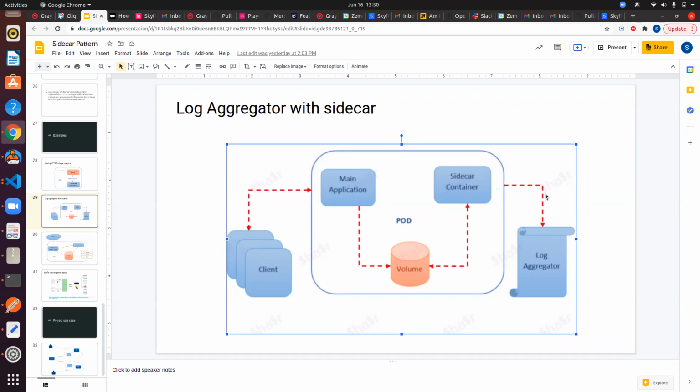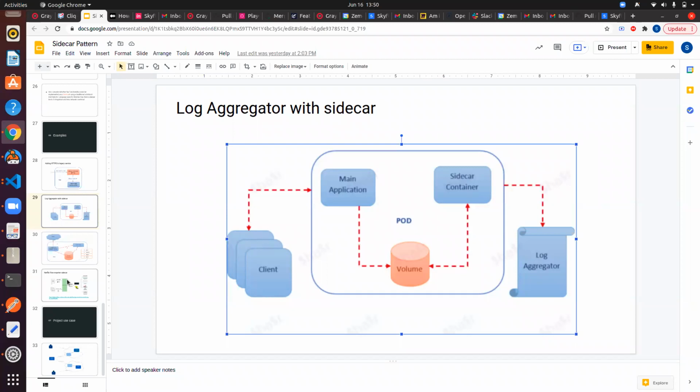Okay. Actually, I also have one question. Regarding this sidecar pattern, in most use cases I heard it's used for data processing for the main application. Can you give me an example of it?